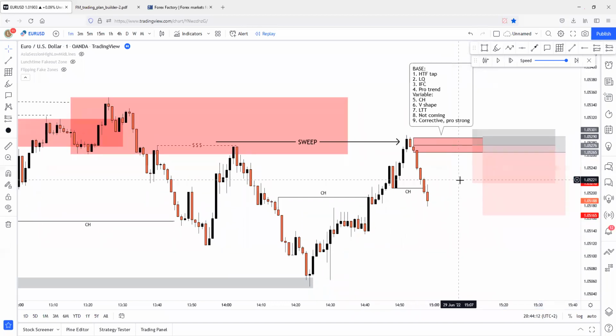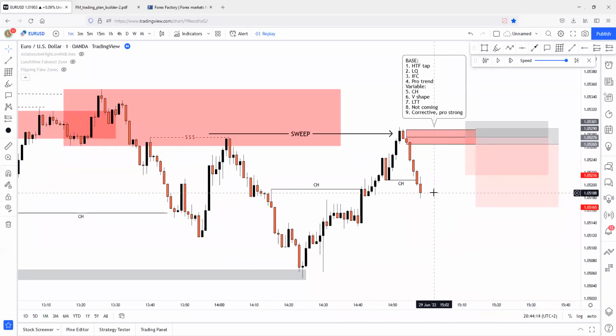Actually, this is just a tip from me. If I don't want to miss out on the trade, and I don't know if price will reverse on the 50% of the zone or at the beginning of the zone, I'm just setting a limit order on the 50% and the beginning of the zone. I did this today too. That trade today was a miss actually, because it didn't even tag me in.